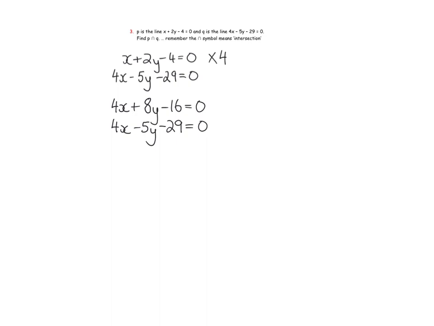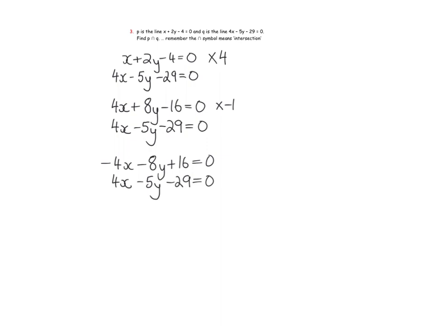So what we can do is multiply the top line by minus 1 to get the signs to be different. Then we'll be left with minus 4x minus 8y plus 16 is equal to 0. The bottom line will stay the same, so 4x minus 5y minus 29 is equal to 0. Now, because the numbers in front of x are the same, but the signs are different, we can eliminate the